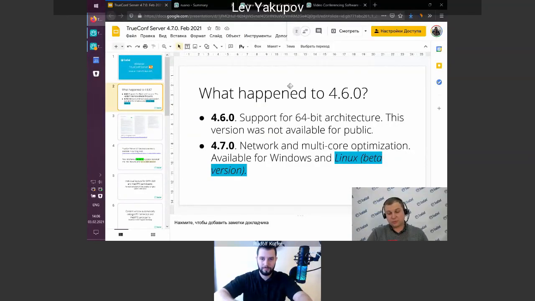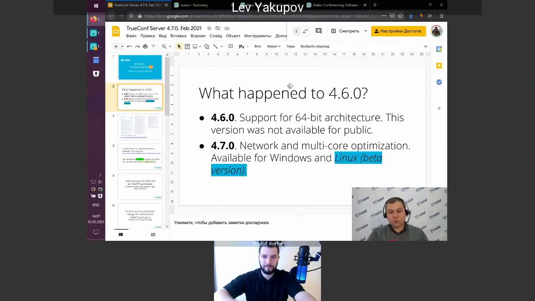Starting from version 4.6, TrueConf Server is a full 64-bit application. We started this project a long time ago, but successfully merged that development branch into the release branch by the end of last year. After that, we merged another big chunk of our work, which is labeled 4.7.